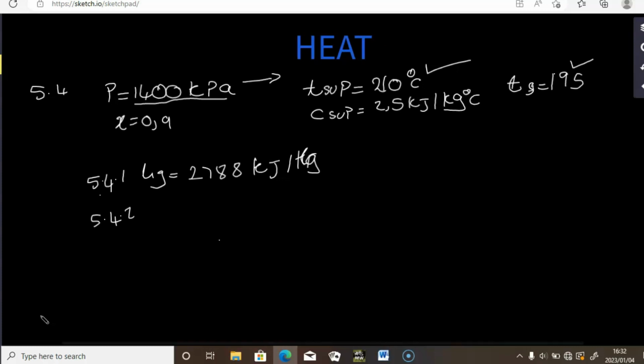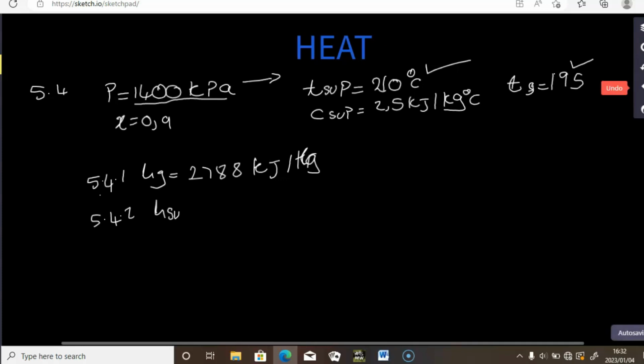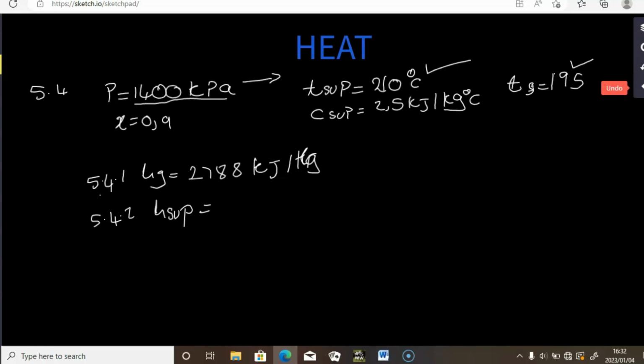In that case, we were going to calculate for HSS, if we already had dry steam and needed the heat energy added in turning that dry steam to superheated steam. Now they are saying the heat energy that is needed to turn water into superheated steam. Therefore, we are asked to calculate for H sup, the heat energy that is added from the beginning of the process up until the steam is superheated. And it is given by Hg